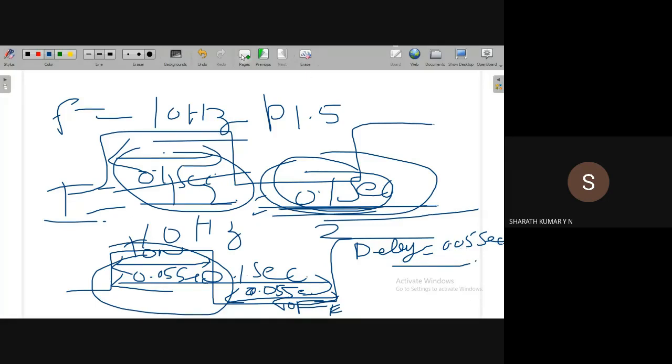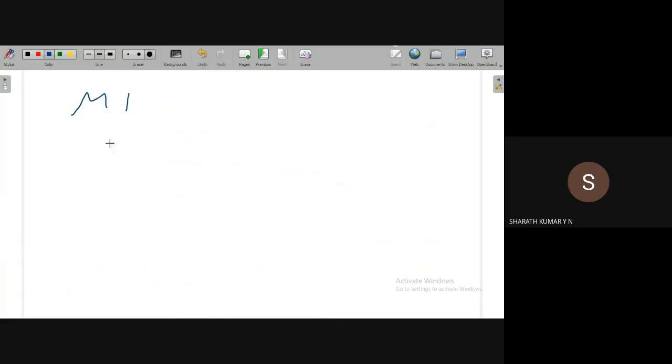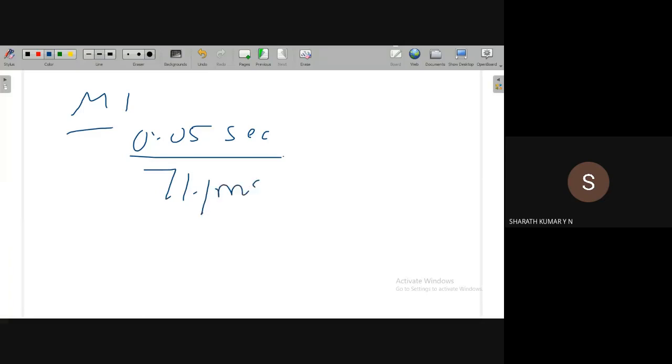Okay, how to calculate the value to be loaded to the timer? For example, mode 1, 0.05 seconds to be generated. 0.05 seconds divided by the maximum delay that can be generated using mode 1 operation, that is 71.1 milliseconds. We'll get the number of clock pulses to be counted. From that, we can find out the initial count to be loaded to the timer.